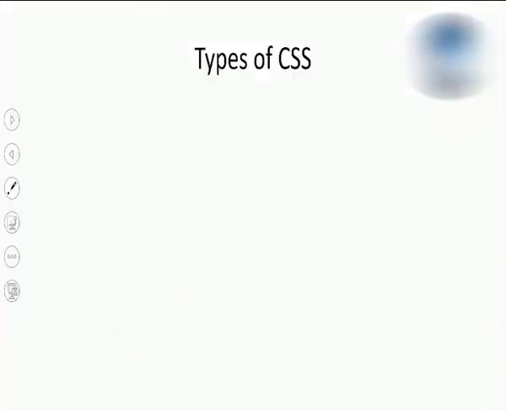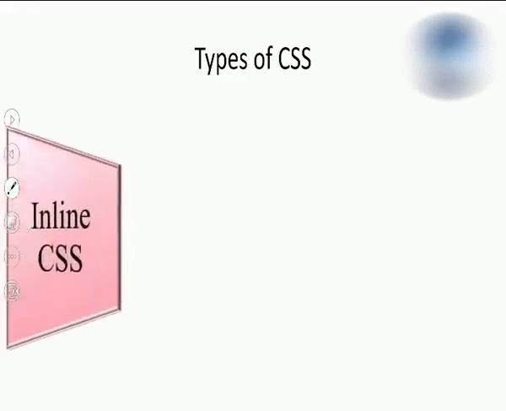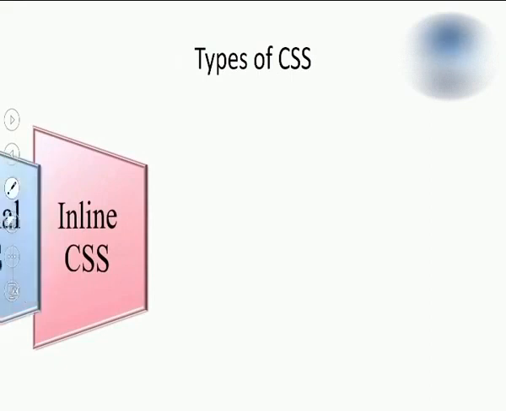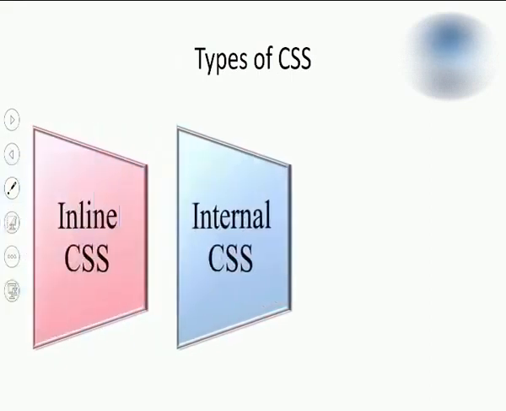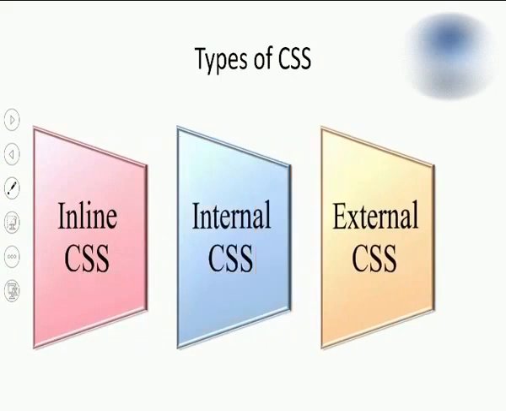So students, what is CSS? CSS stands for Cascading Style Sheet. So there are three types of CSS. First is inline CSS, second is internal CSS, and third is external CSS. So from the point of examination, you need to remember these three types. The question may come: which are the types of CSS? So inline, internal, and external CSS. So what do inline CSS, internal, and external CSS mean? We will see one by one.